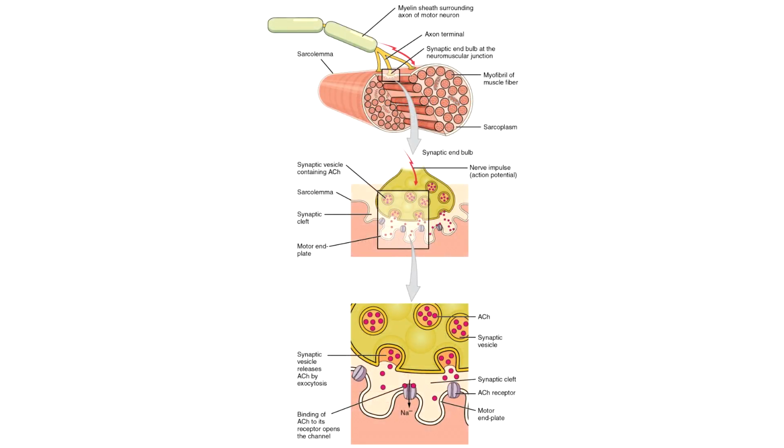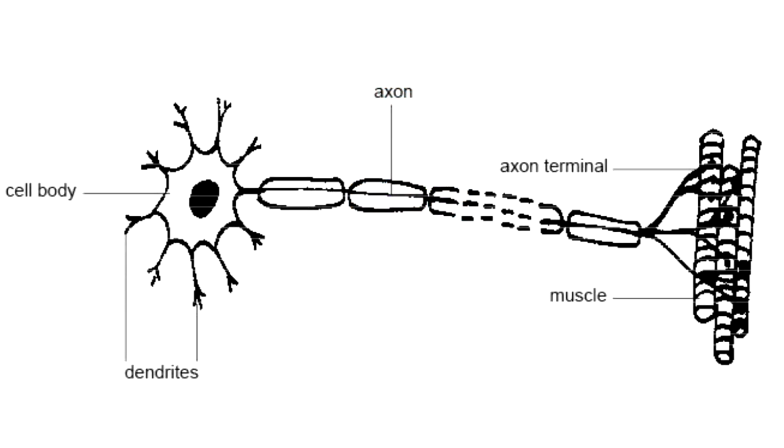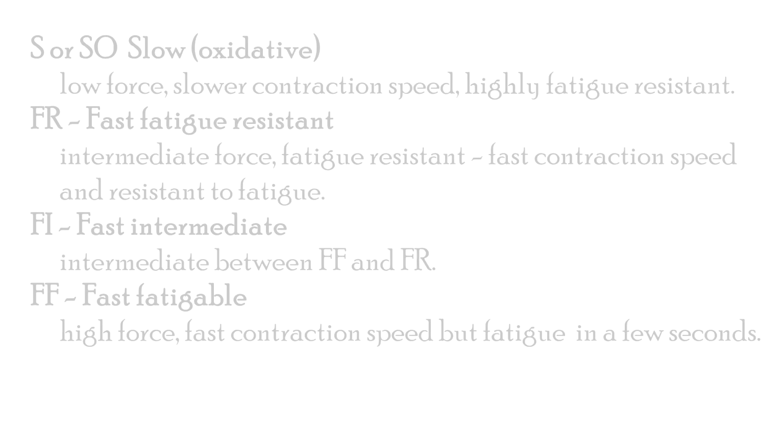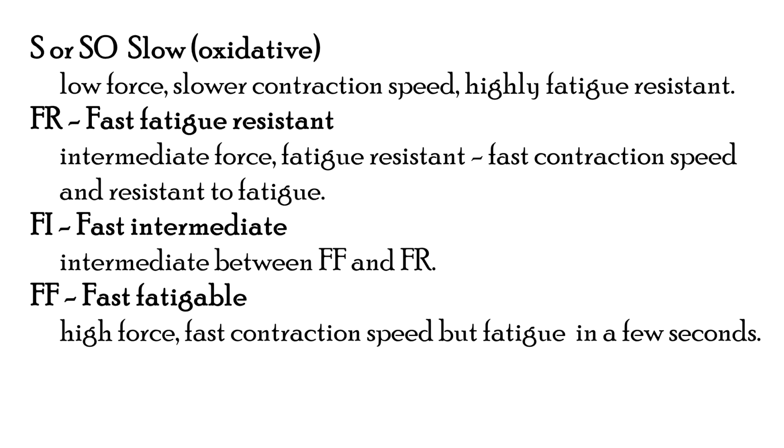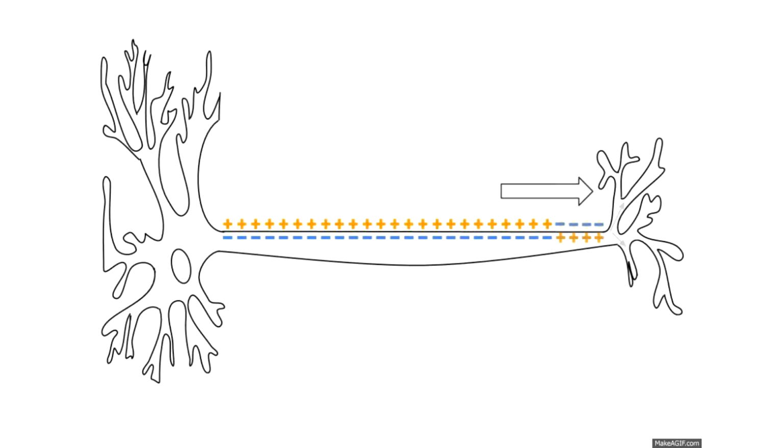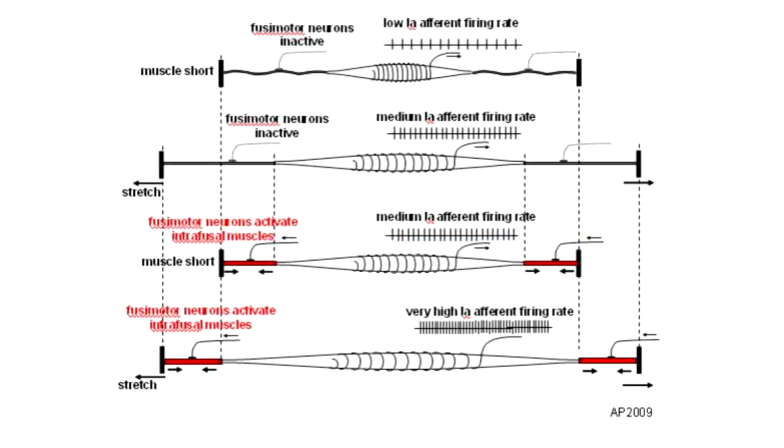The alpha motor neurons branch within the muscle, in order to innervate multiple muscle fibers, so that the contractile forces can act smoothly across the muscle. One motor unit consists of an alpha motor neuron plus the fibers it innervates. The motor units vary in size and force. Further, the motor units can be either slow, fast fatigue resistant, or fast fatigable. Further, the temporal summation of action potentials can affect the amount of force generated by the muscle. Increased firing rate can lead to an increase in contractile force,